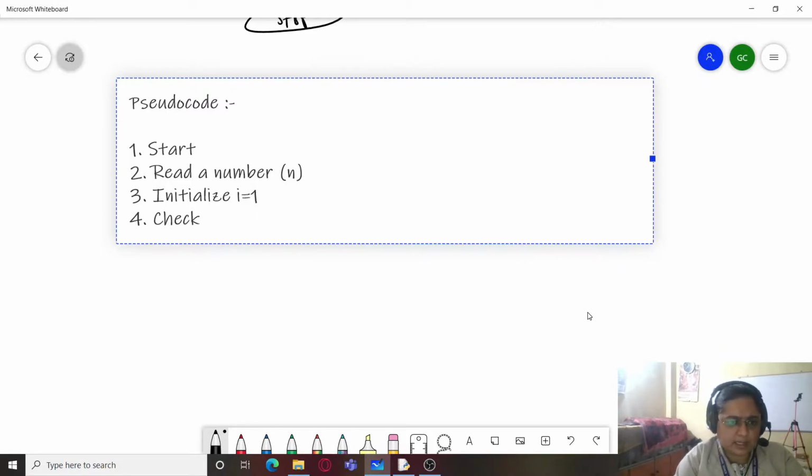Or I'll simply write, if I is less than or equal to 10, then execute steps 5 and 6.